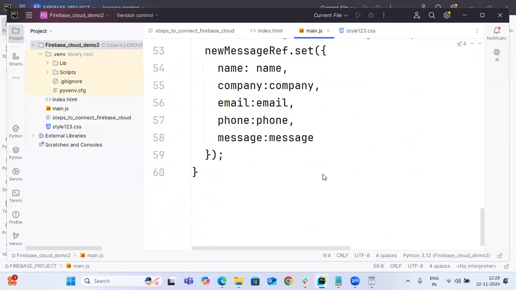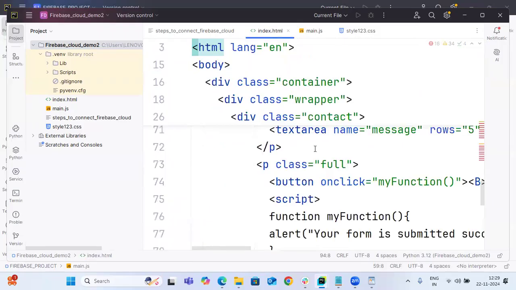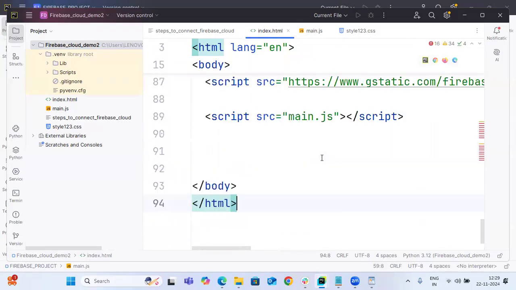So here, if you go to index, if you go to index in JavaScript,